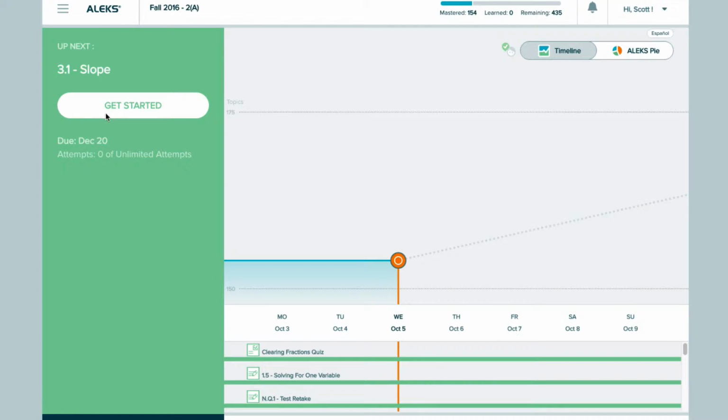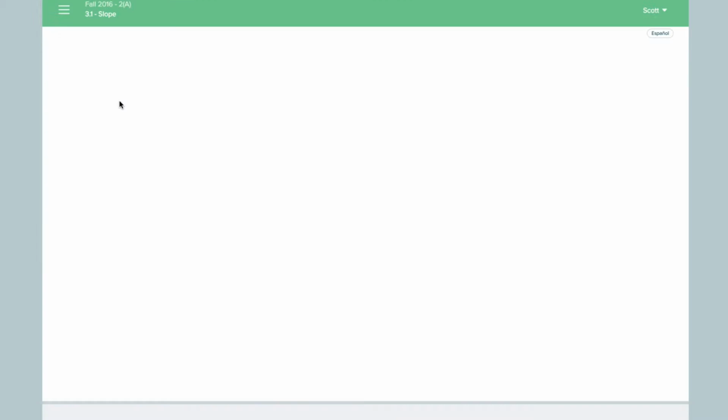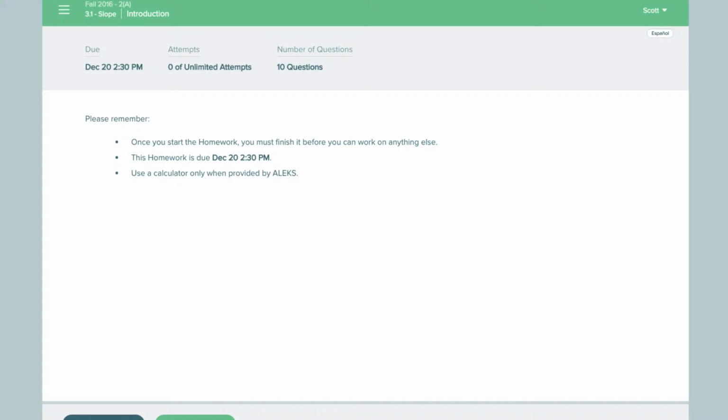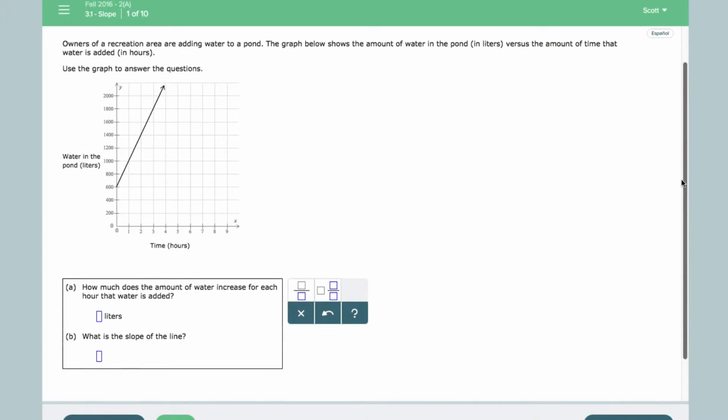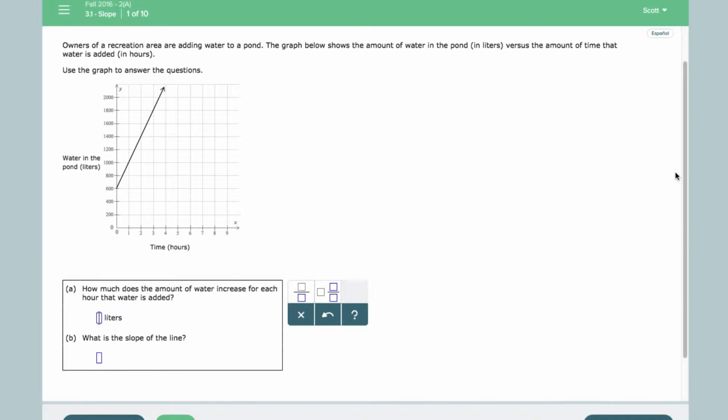This is a video for 3.1, finding the slope. This assignment has 10 questions, and the purpose of it is to be able to find the slope of each part. In the number 1 question here, owners of a recreation area